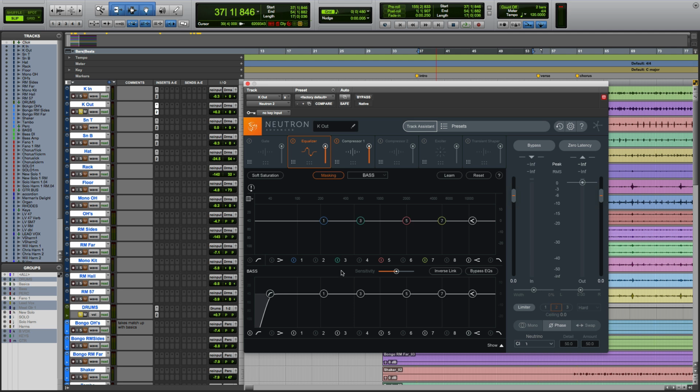So now I can play and look to see if there's any sort of masking happening, if these two tracks are sharing any low frequency information which might be muddying up our overall bass sound, which I think needs to be pretty sharp and defined. So let's listen and have a look.